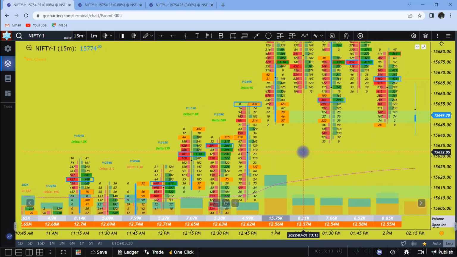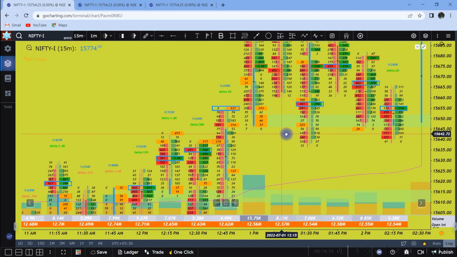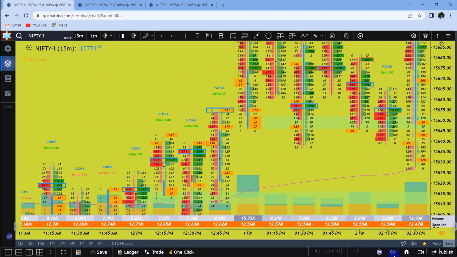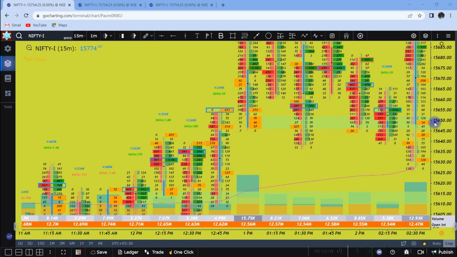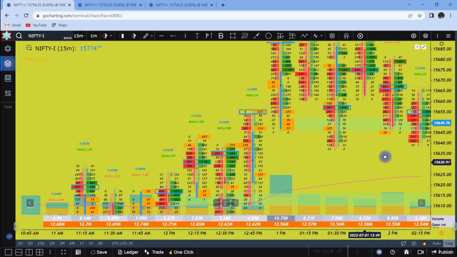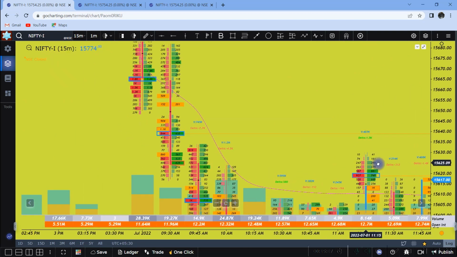It just rips apart. Now the next time where we see an imbalance is these places, again these places. So this is another level that becomes significant to us. Now, do you remember the 650 levels? Because this is what we spoke of right at the open. If you remember,